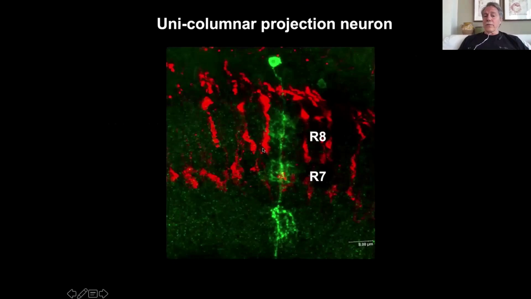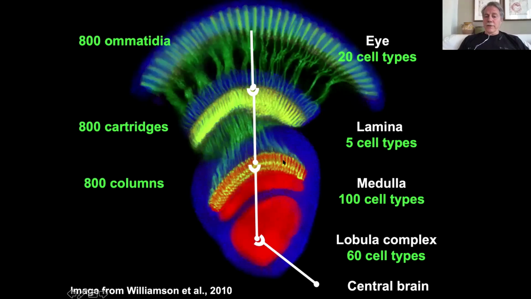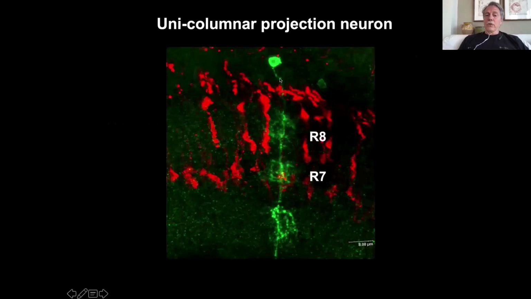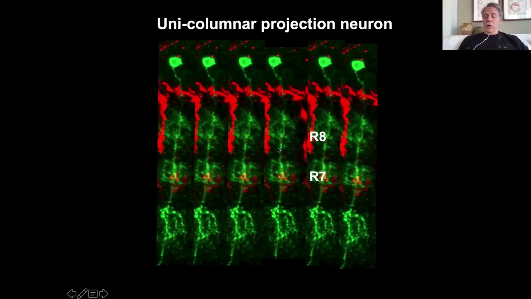And you can see in red the end of the photoreceptor, basically the end of the green stuff here. And you can see the neuron is a monopolar neuron, which means there is one long process that sends dendritic arborization, postsynaptic arborization, to collect information from R8, from R7. Here there is some processing of information, and then they go out to a higher processing center. We call this a unicolumnar neuron because we imagine there is one of each for each one of the photoreceptors, which means you expect to get about 800 of these neurons, always the same, one on each of the columns.